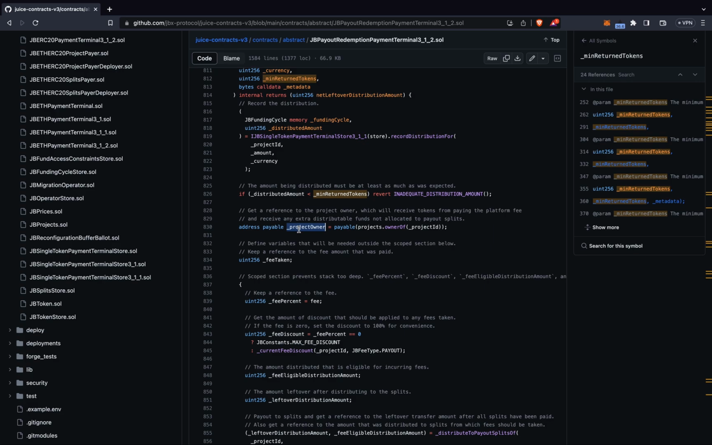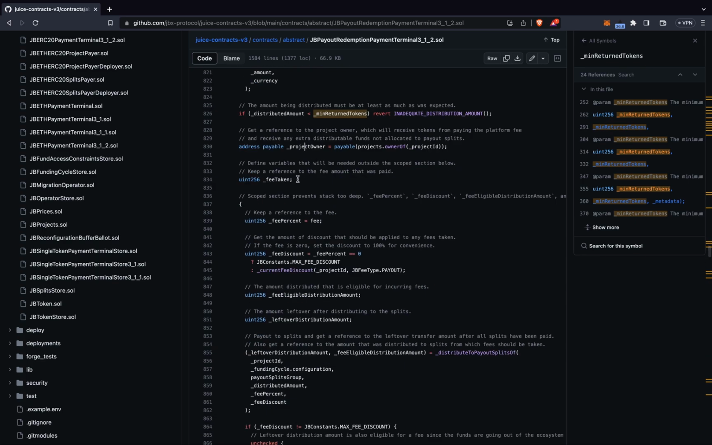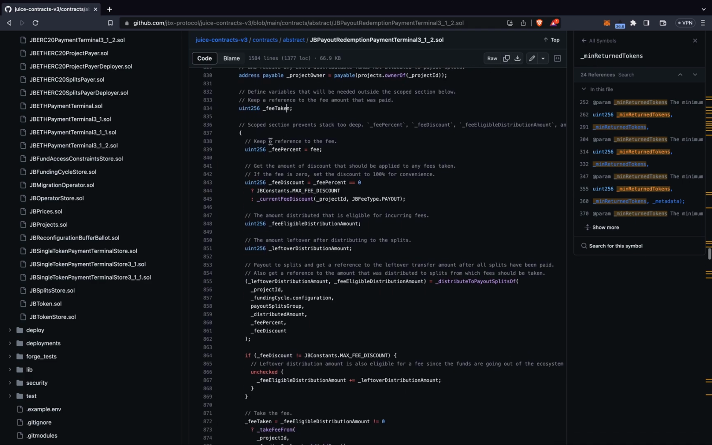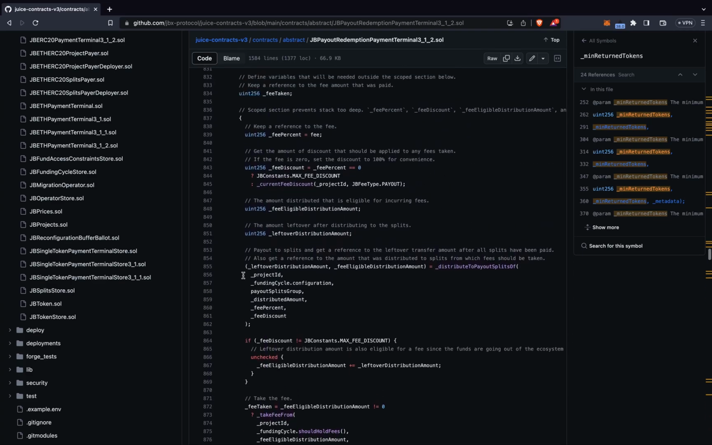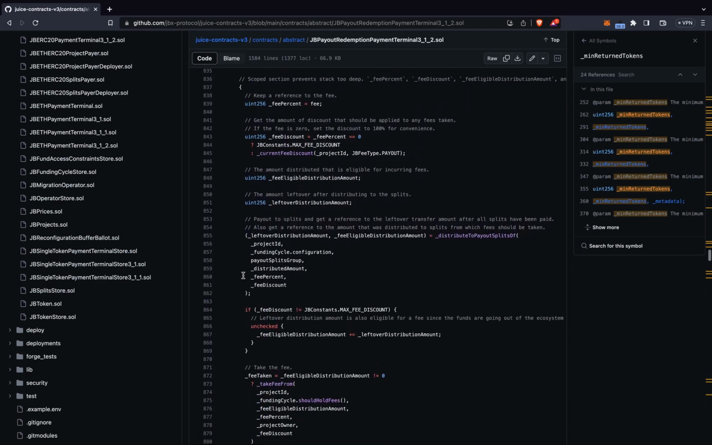So here we're just getting a project's owner, a reference to that address that will be the beneficiary of that fee JBX. Next, we'll keep a reference to the fee that we're going to be calculating, and then some more stack too deep prevention with scoping some of these properties into this little block, which is the majority of the rest of the function. But here's where the fee magic happens. So here I'll go through it line by line, probably repeat it a few times because it does get